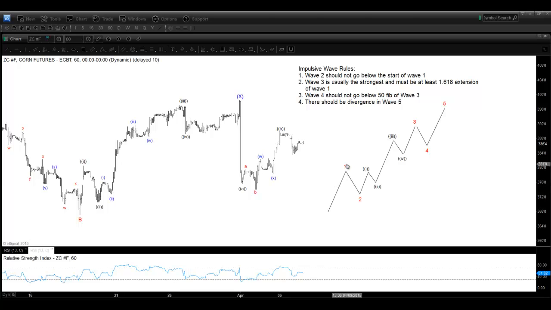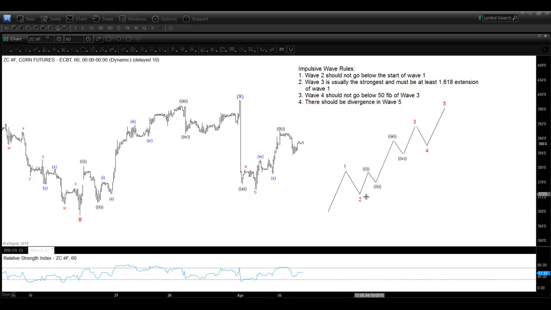So we have the wave 1 here, and then the retracement wave 2, and then we also have wave 3, which is usually the strongest or the largest wave, and then we have wave 4 retracement. Then we complete the 5 wave sequence here, and this is normally the most common